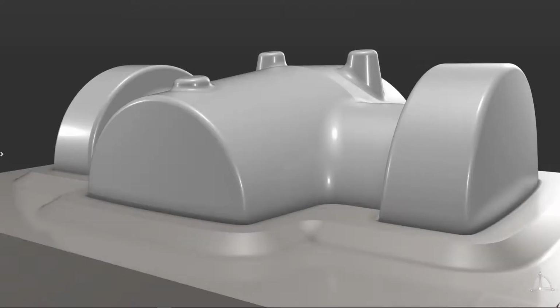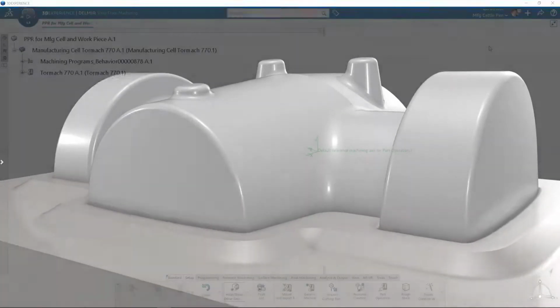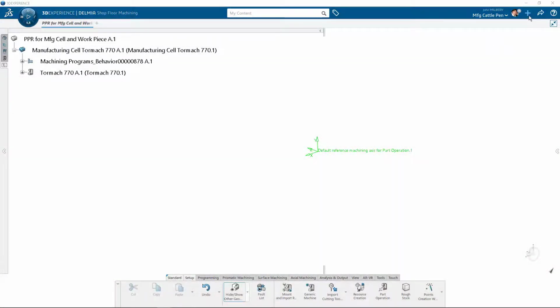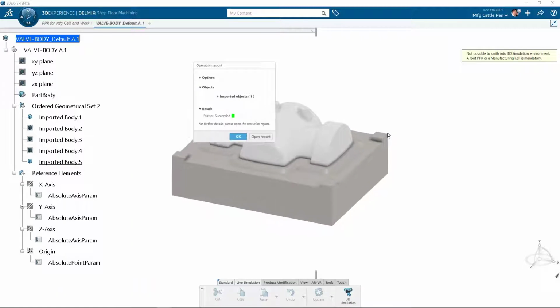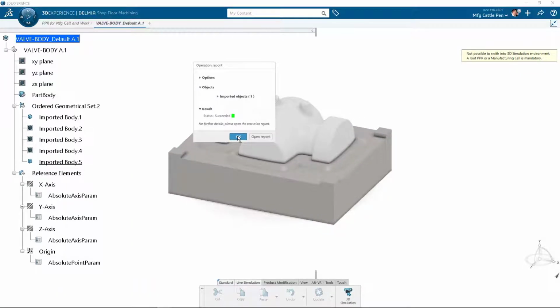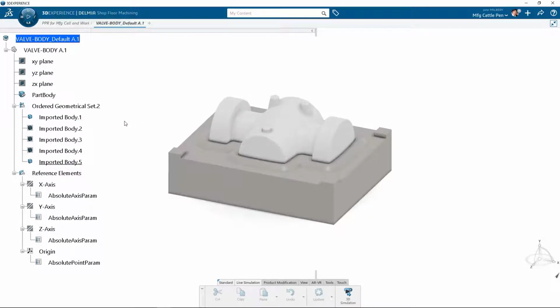Okay, now that we understand the basic workflow, let's import a Solidworks part that contains multiple bodies as a result from a tooling split feature. After importation is complete, the ordered geometrical set of the 3D shape has the same multiple bodies as our Solidworks part. We're only interested in machining the cavity body, so we can choose to hide the extra bodies, or we